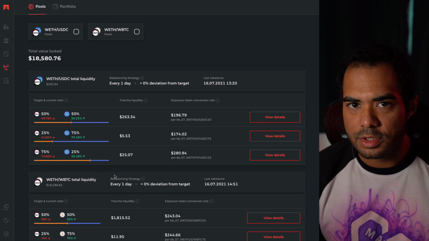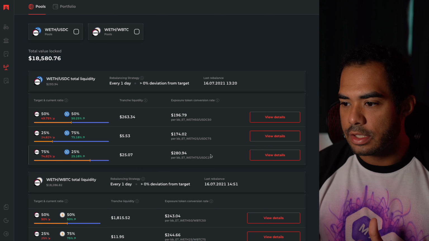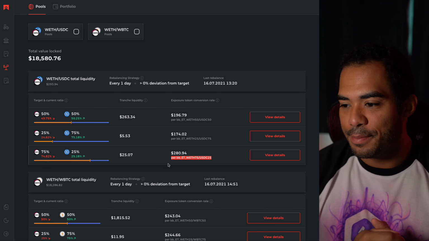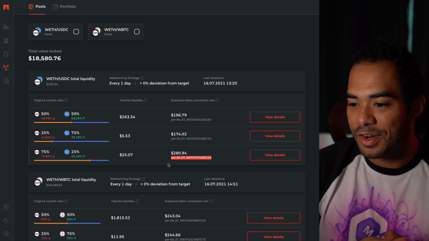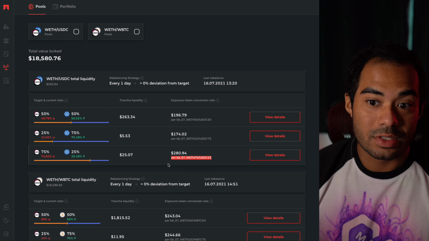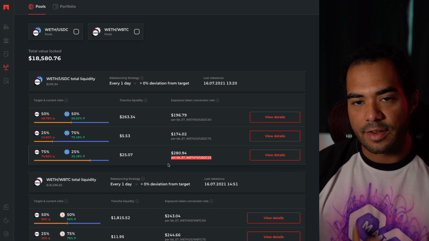And it's going to be similar to smart yield, where your rewards are going to be tokenized into the actual token you see down here, which in this case will be the 75 WETH 25 USDC token. It's pretty much just a tokenized position that gains interest as the volatility in the market starts to pick up. And this is going to be kind of in the beginning of the video where I